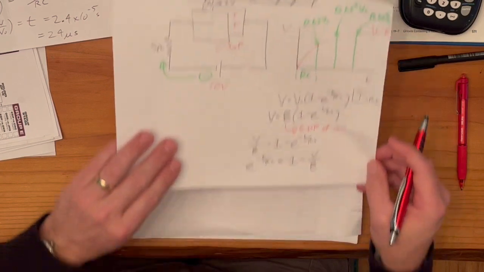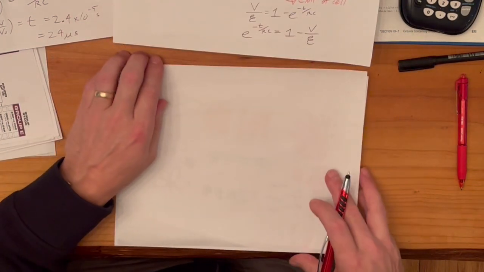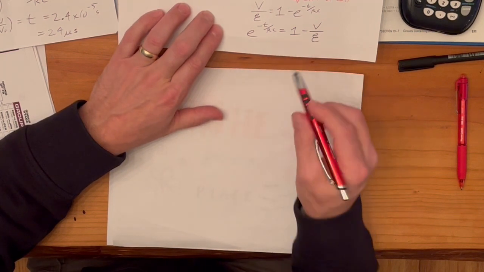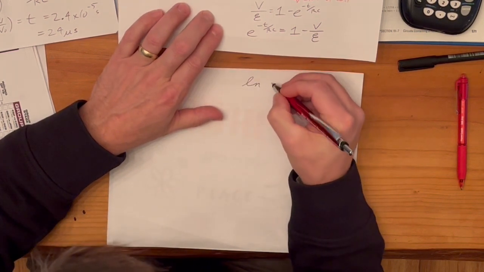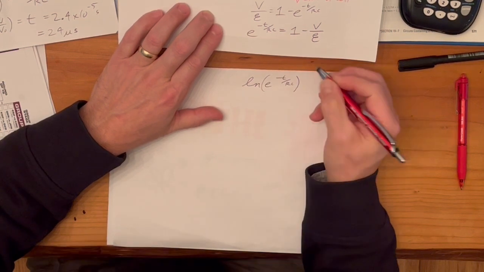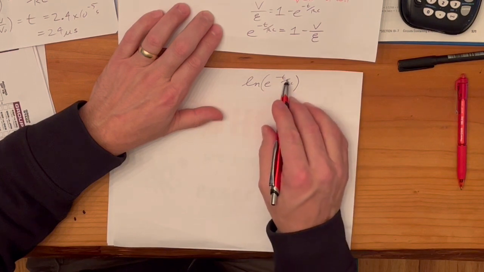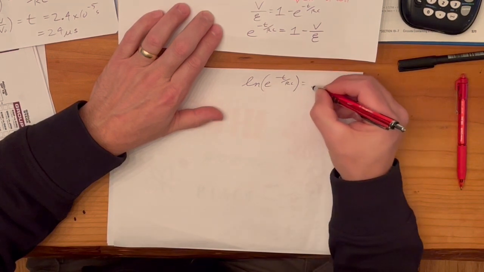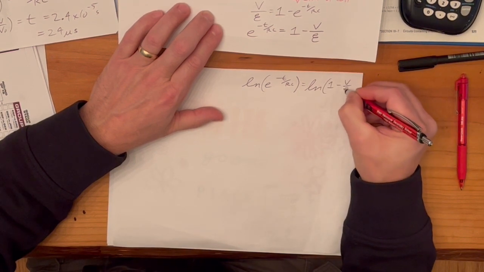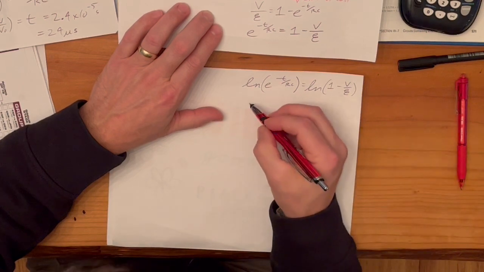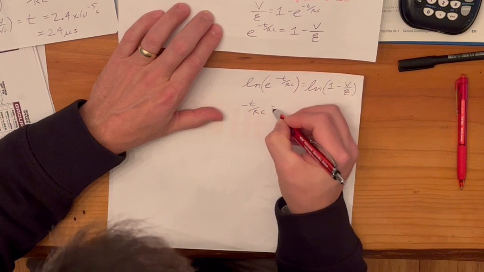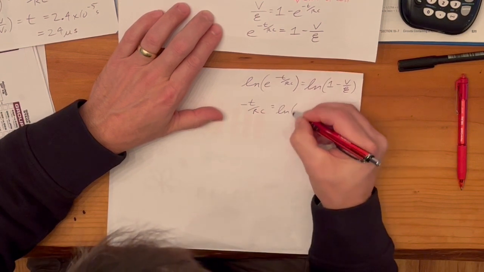And then I'm going to continue this here. Hopefully you can see that. I want to get rid of this e, so I'm going to ln this. If I take the natural logarithm of e to the x, it's just x, which is quite nice. And that's going to be ln of 1 minus V over E. So this goes away, and I end up with negative t over RC is equal to the ln of all